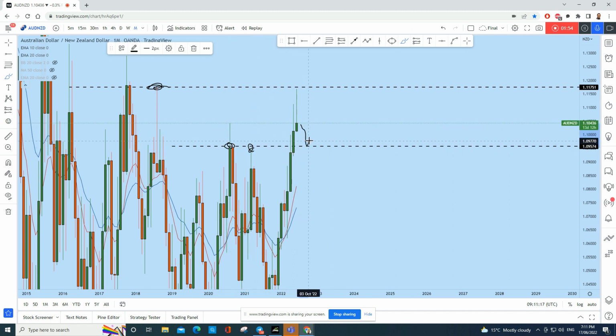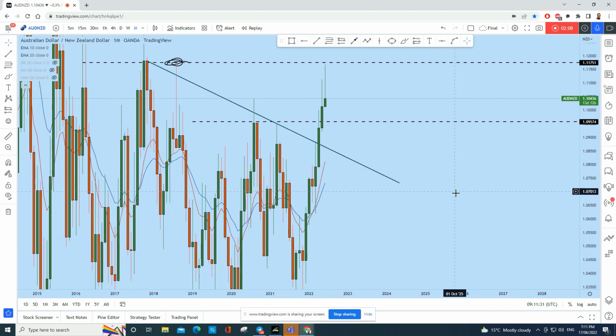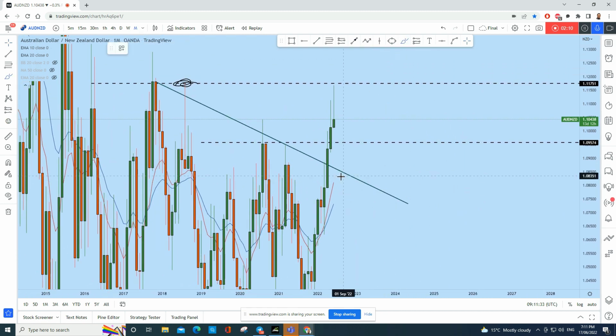So we can expect AUDNZD to come back to this level at least, or maybe even create a lower low, as a monthly resistance has been broken here. If you look, there is a monthly resistance, and that resistance has not been tested as a support. There's a resistance here, and this resistance also has not been tested, so we could possibly see even this level breaking to the downside,